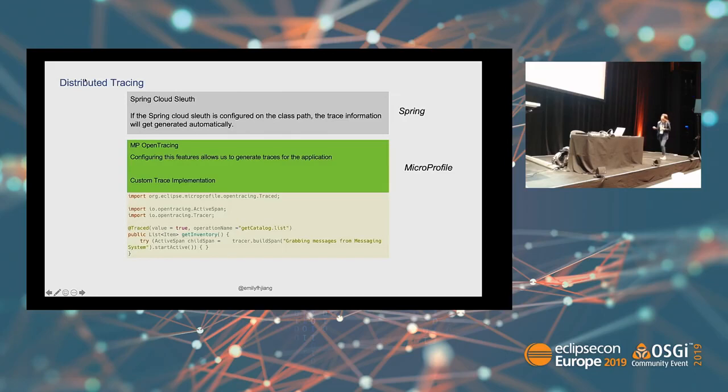So in Spring, they use Spring Cloud Sleuth to directly and automatically chain up this operation. In MicroProfile, we use MicroProfile OpenTracing. So automatically, if you are on JAX-RS,